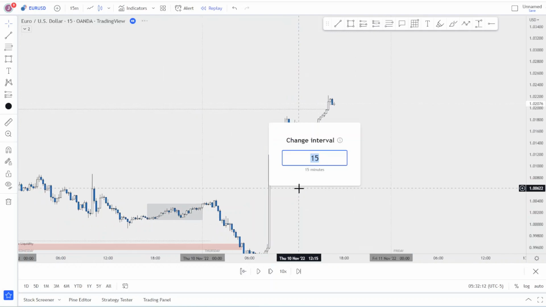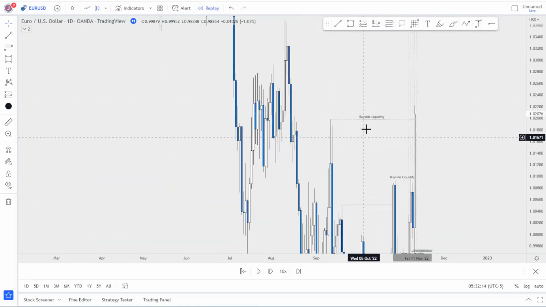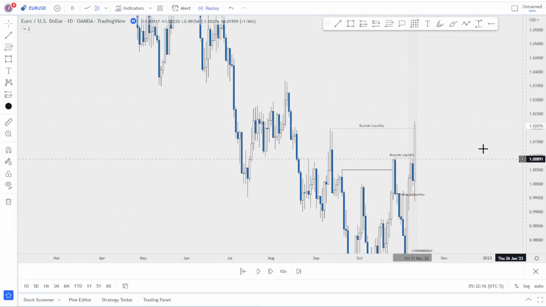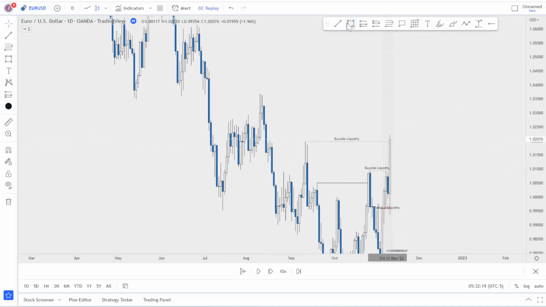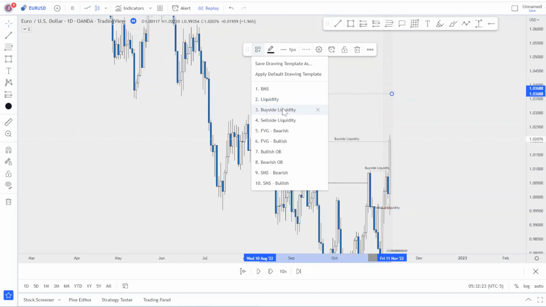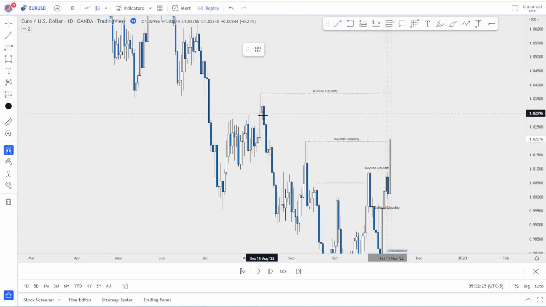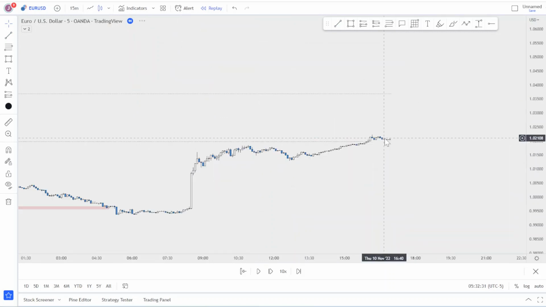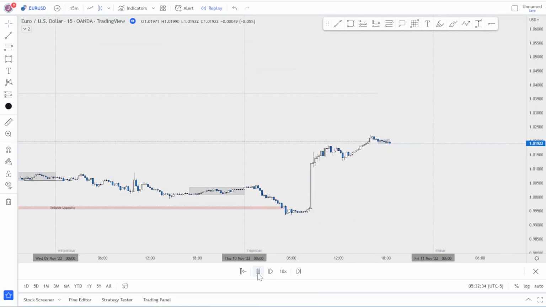I would also look on a daily time frame because we achieved this. I'll then look for what else is here. So here's some buy side liquidity here. Here's a daily order block that it may tap into. So I'll draw all these out and I'll see the reactions that are there. So going forward now on the 15-minute time frame,